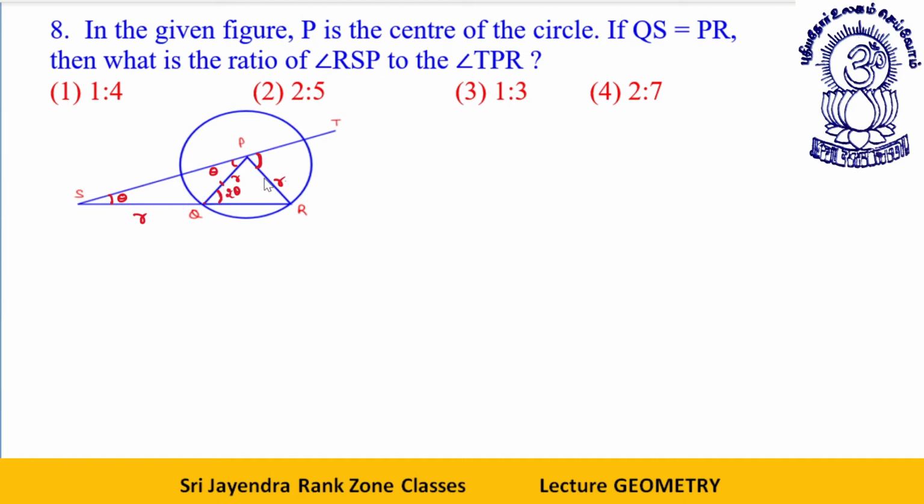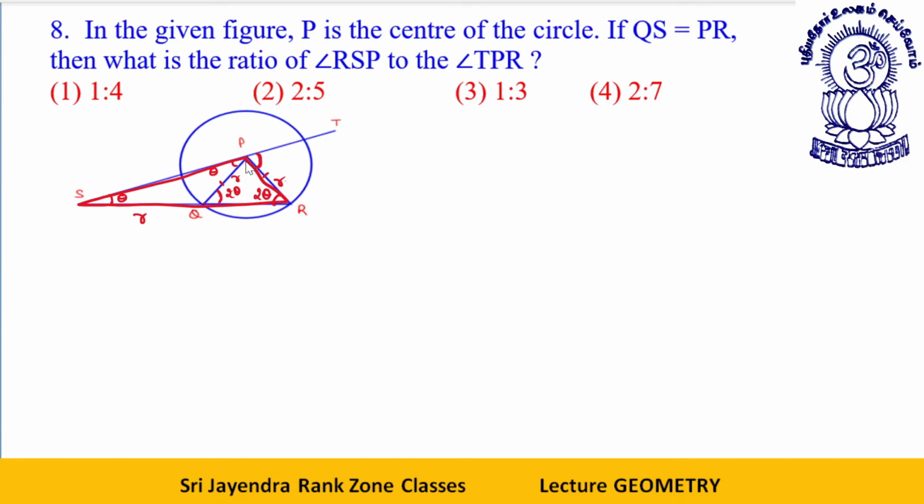Now this side is r, this side is r, this will also become 2 theta. This is 2 theta, this is 2 theta. Now let's talk about this triangle. I hope you are getting it why this angle is 2 theta. These two sides are equal, so the angles opposite to the sides are also equal. So we get this angle as